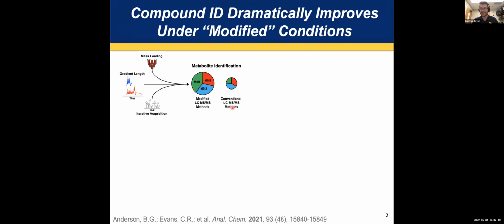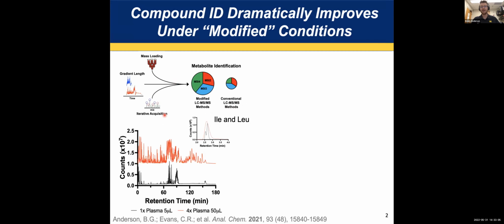But in the interest of identifying things with spectral databases, we looked at employing larger masses loaded, longer gradients, and the use of iterative acquisition or rolling precursor ion exclusion to see if we could increase the number of candidates we could match to spectral databases, as well as improve the quality of our unknown data sets. You're probably right in thinking that this isn't a great idea for the chromatography or just the instrument cleanliness. You do lose some chromatographic resolution,